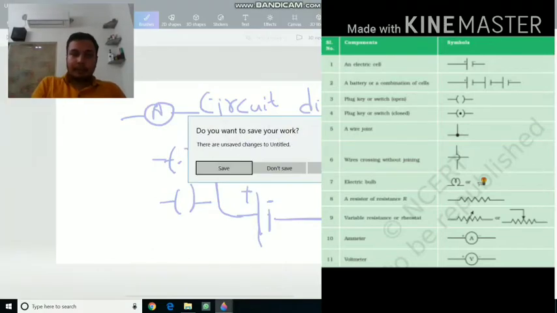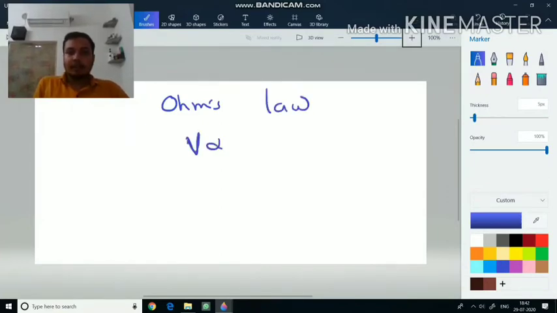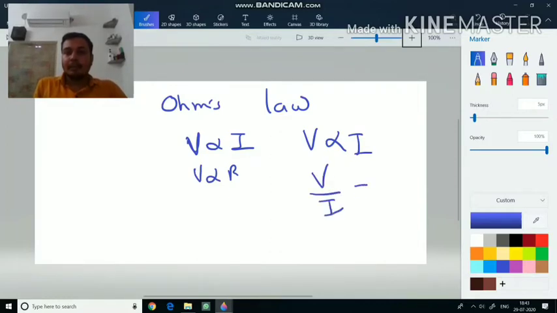Okay, so I am explaining to you in short about Ohm's law and giving you some numericals to solve. Ohm's law is a simple law that the potential difference is directly proportional to current. Basically it was derived that across one appliance, V was directly proportional to I, and V by I always remains constant. And this constant is called resistance. It is fixed for any appliance.